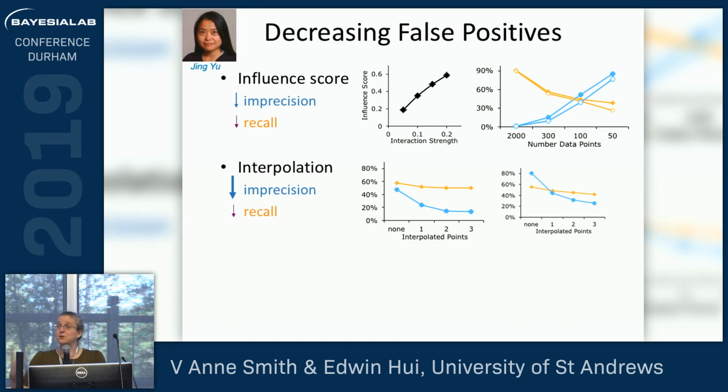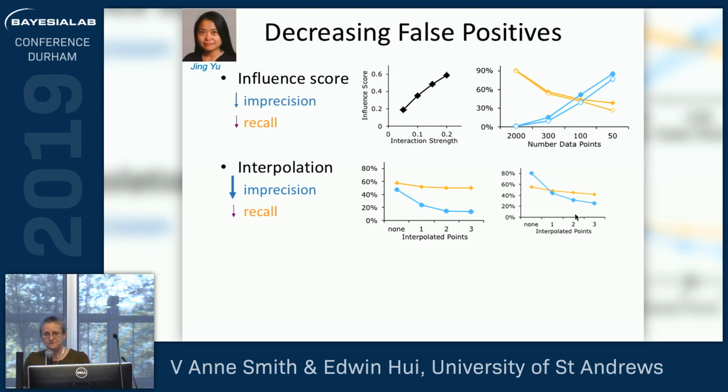Another thing was interpolation in time series. So remember, we often do these dynamic Bayesian networks. And I, at first, when she suggested this, thought it wasn't going to work, because it's just making extra data. How is that going to help from your same data set? But in fact, it worked quite well. And we realized what we're doing is we're adding an assumption to the model. We're adding the assumption that we've got two sets of data, and we know what happens in between them. The data should go in between them. The algorithm had no idea about that. And it was really this first interpolated data point that really made a big drop in our imprecision.